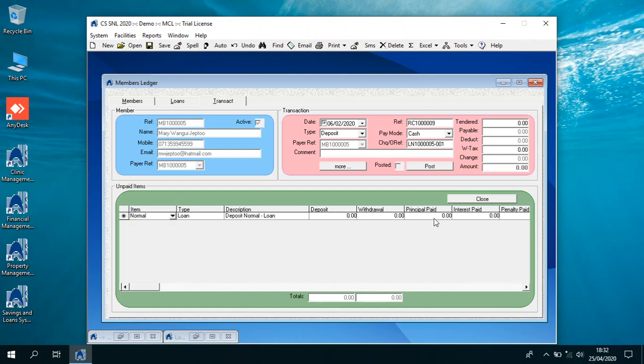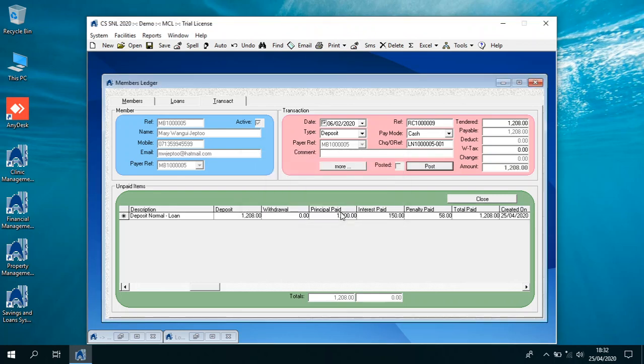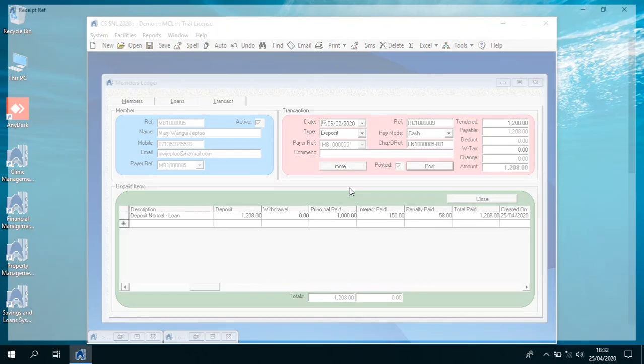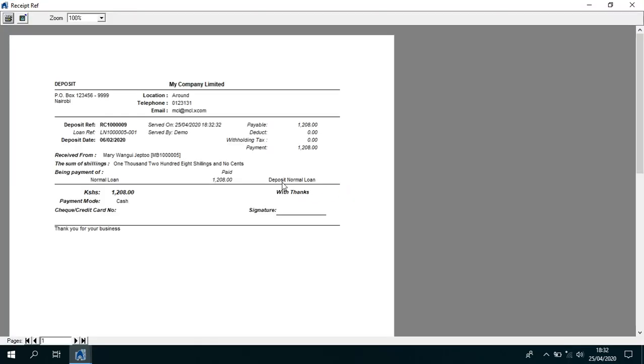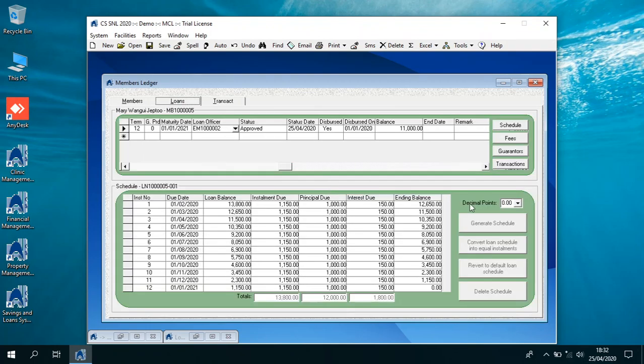So now here we shall say she paid 1,150 and 58 shillings. So that's what she owes. Then when you're satisfied, we click on save and we post. And therefore now we'll be able to generate for her a receipt, which is now this receipt to show she made a full payment. If you go back to her account, you go